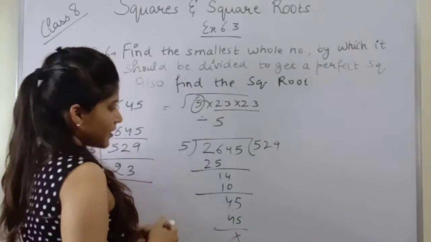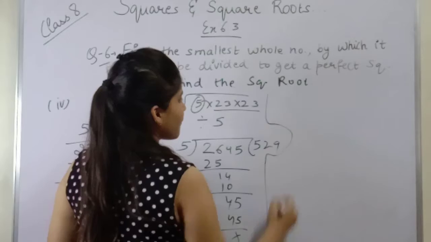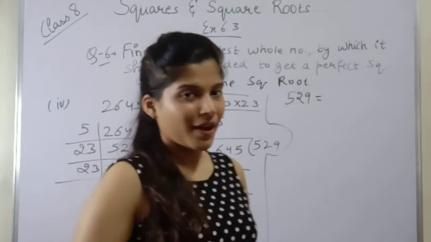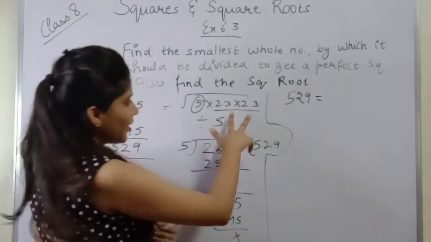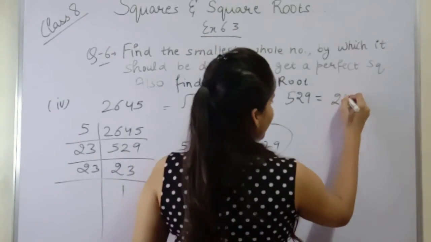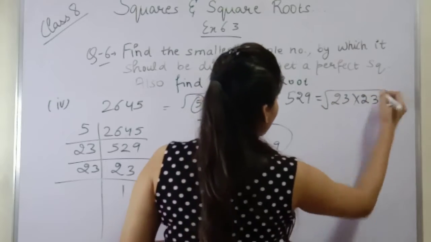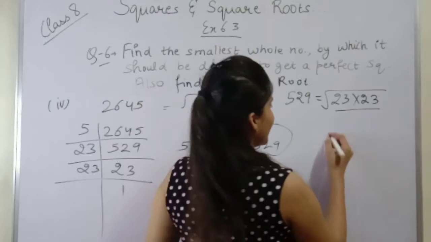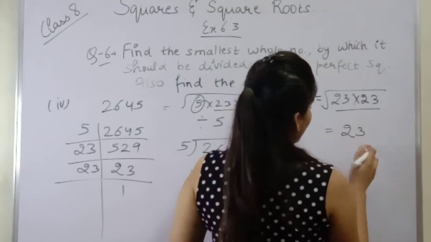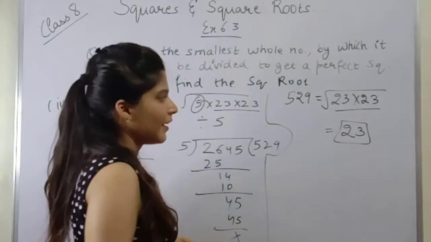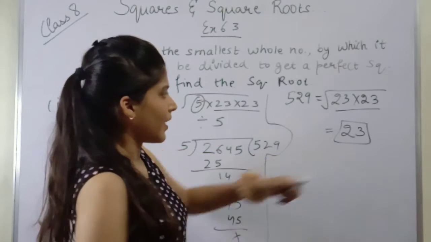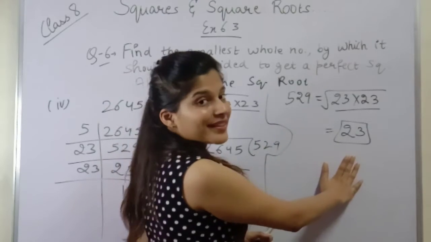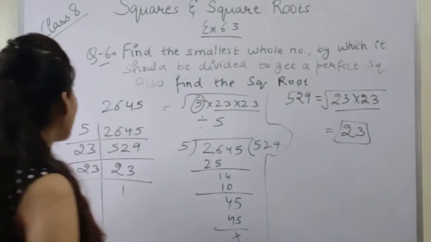So our remainder is 0, and we got the number 529. And 529 is a square of 23, we all know. So 23 times 23 will be the factor of 529. Also we have to write one term only, so we will have to do the pairing and then write down one term, and this gives us the square root of 529 as 23. This was part number 4.